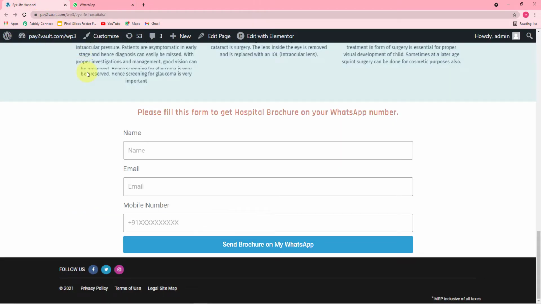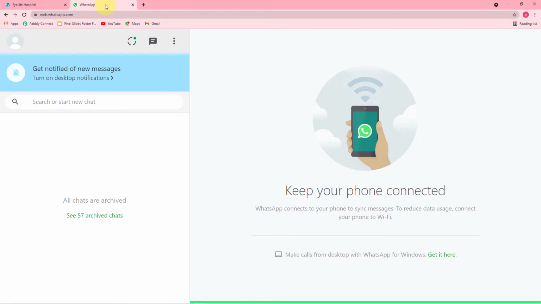So I'll fill this form on behalf of any visitor who has visited our website and fill the details here and click here on send brochure on my WhatsApp button, and we will see if he receives here the hospital brochure in the WhatsApp account or not.